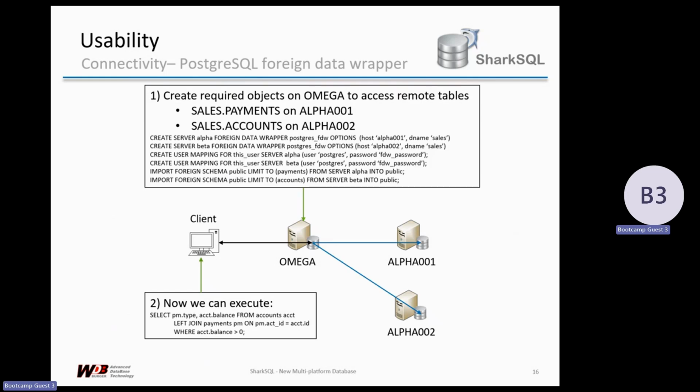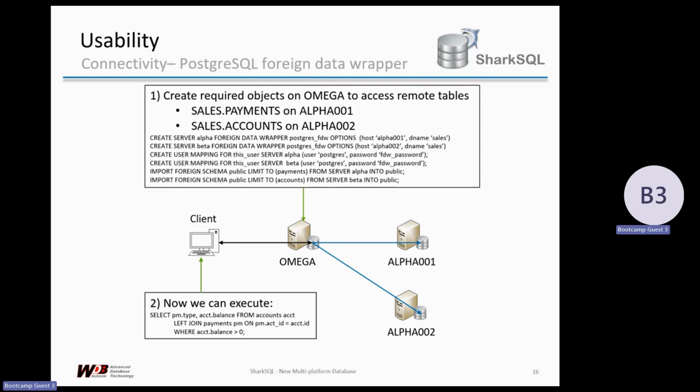And just to tell you, if you're using, for instance, PostgreSQL and you want to use a simple SQL statement, then you have to use the foreign data wrapper. You probably know this. You have one server, let's call it Omega, and two others, Alpha 1 and Alpha 2, with different databases, and you want to use Omega as the access server to access the data from Alpha. Then you have to